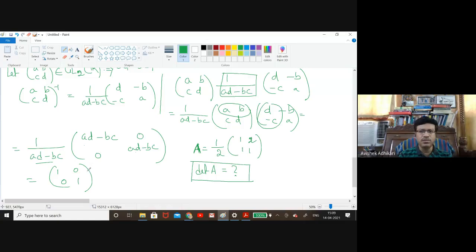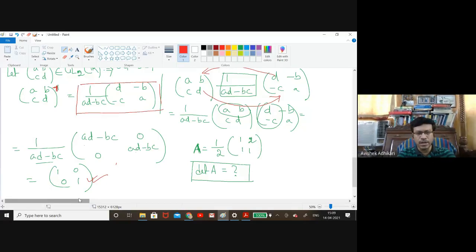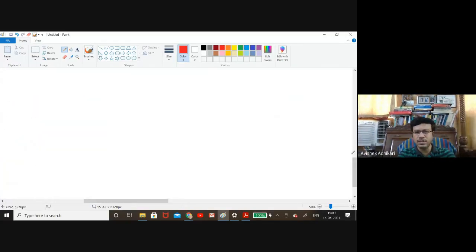Now you can check yourself that even if you reverse the ordering like this and this, then also this value becomes this. So after doing this step, what would be your conclusion? Your conclusion will be this is the multiplicative inverse. So this is the multiplicative inverse of A, B, C, D. Okay. So now this is also another interesting group. Now let me check with the third interesting group.